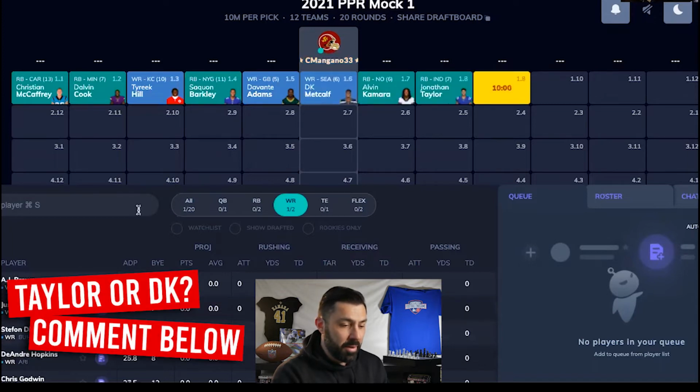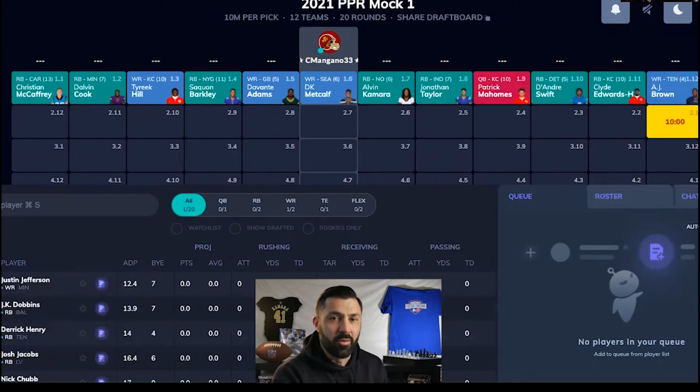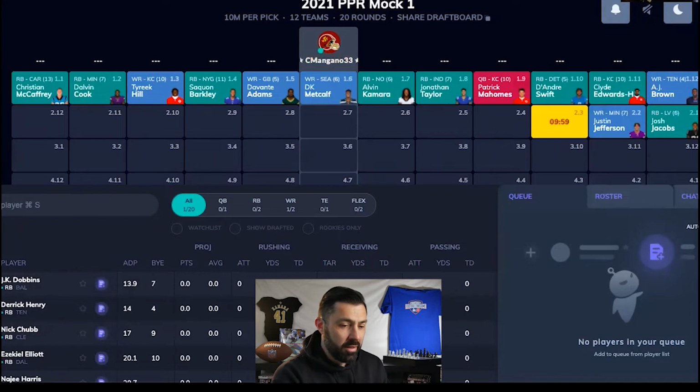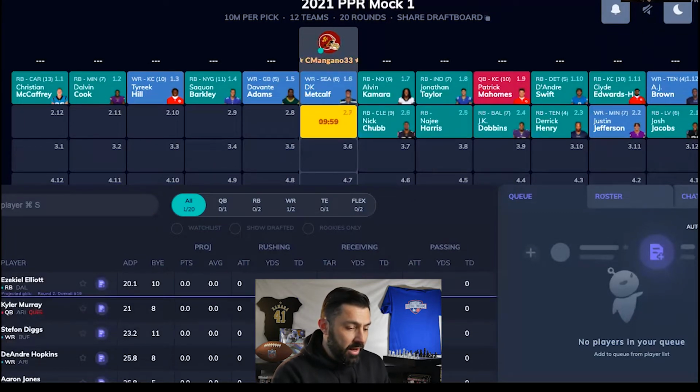All right, so we'll let it come back around. So this is the problem with picking 6. You got to sit here and wait while these players go off the board. All right, again. So if we look at our options here, I could go running back with Zeke,